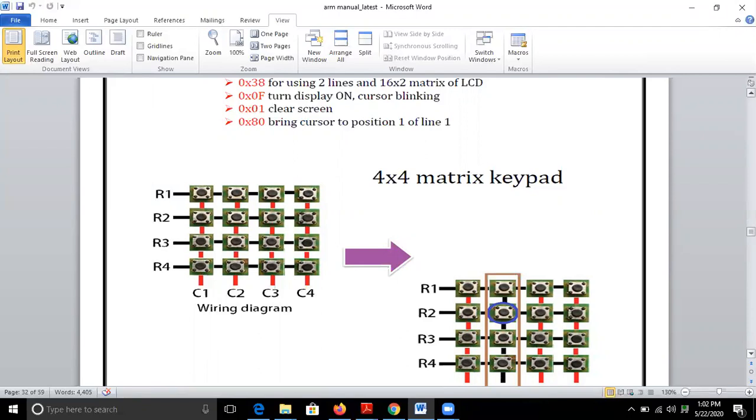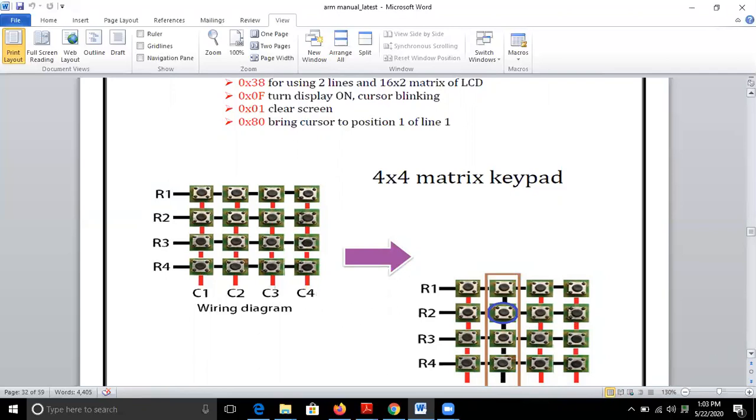Now, initially, to detect which key is pressed on the keypad, we force all the 4 rows, R1 to R4, to a logic 0 value, that is ground, and all the 4 columns C1 to C4 to logic 1, that is VCC.